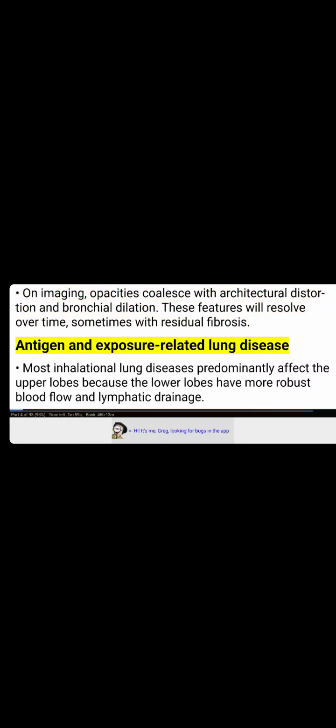Antigen and exposure-related lung disease. Most inhalational lung diseases predominantly affect the upper lobes because the lower lobes have more robust blood flow and lymphatic drainage. Hypersensitivity pneumonitis (HP). Hypersensitivity pneumonitis (HP) is a common lung disease caused by a hypersensitivity reaction to inhaled organic